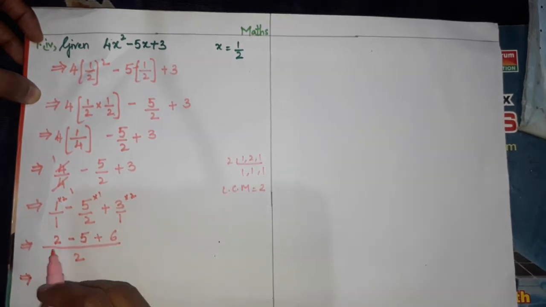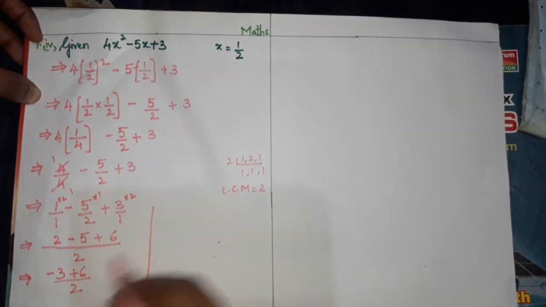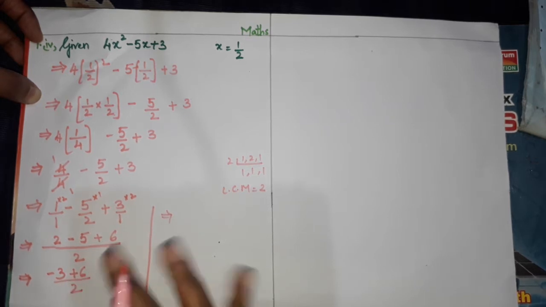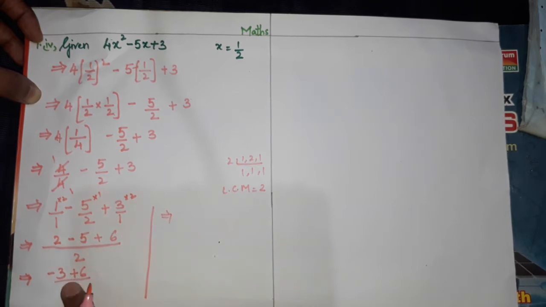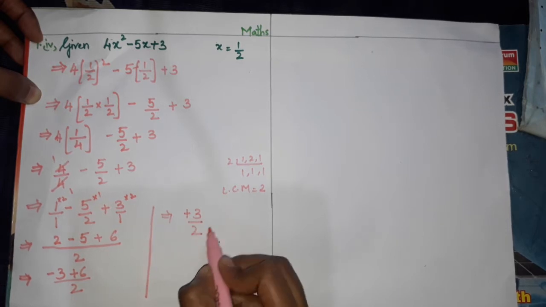First you have to subtract the first and second terms only, children. You should not do 5 plus 6 is 11, 11 minus 2; that is wrong. First you have to start: 2 minus 5 is what? Minus 3 plus 6, write as it is, divided by 2. Now minus 3 plus 6 will give you what? You have to subtract it. When you subtract, we are remaining with 3. The biggest number is 6. What is the sign for it? Plus. So it is plus 3 by 2.